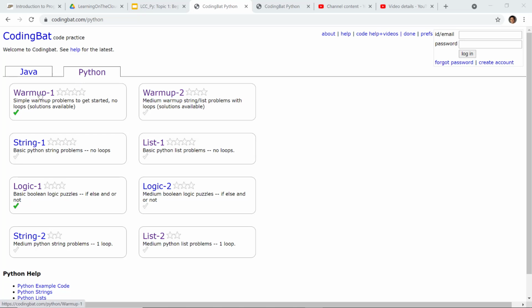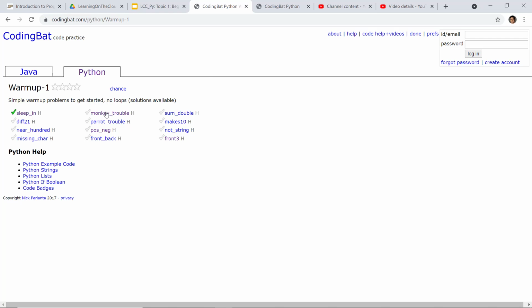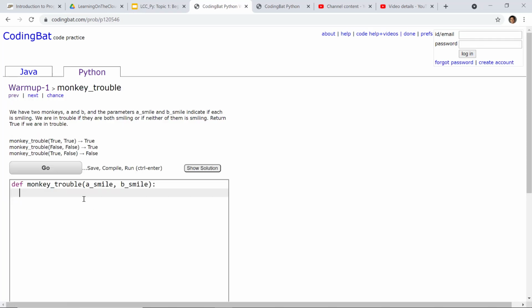For the next CodingBat problem, we're going to look at monkey trouble. Here, we are given two arguments: whether monkey A is smiling or not, and whether monkey B is smiling or not. We are in trouble if either both of them are smiling or neither of them is smiling. So again, there are two variables,